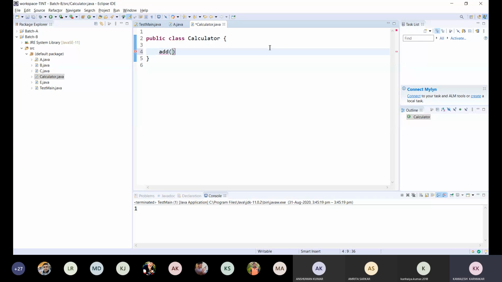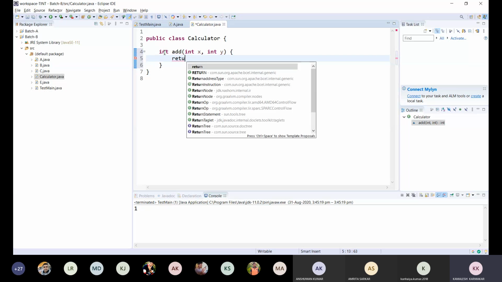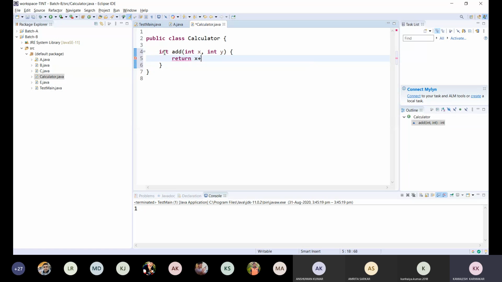If I create a function like this, void add int x and int y. So this function will receive two arguments. So if I return this, using this function, I can return x plus y. This is function.